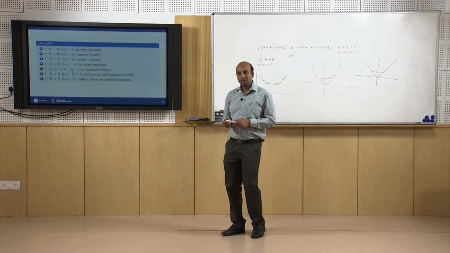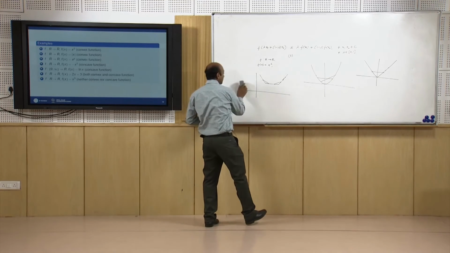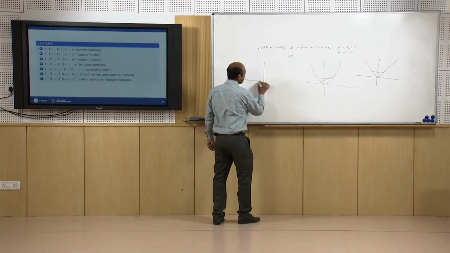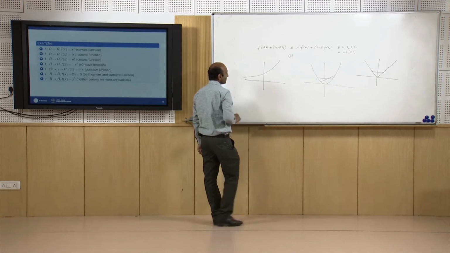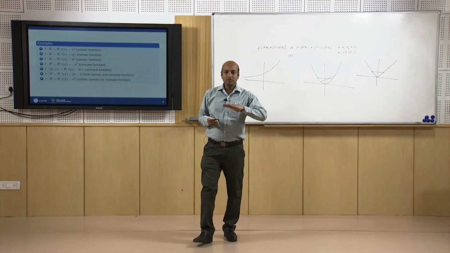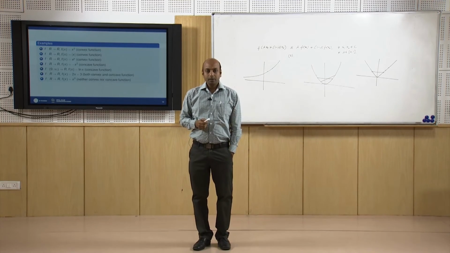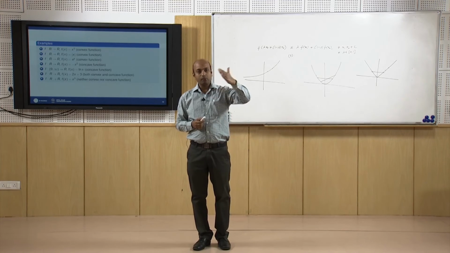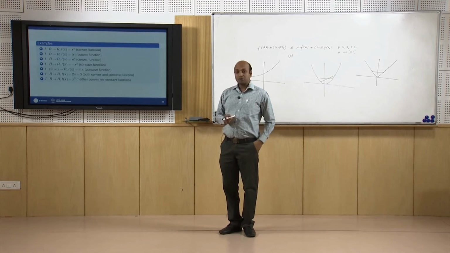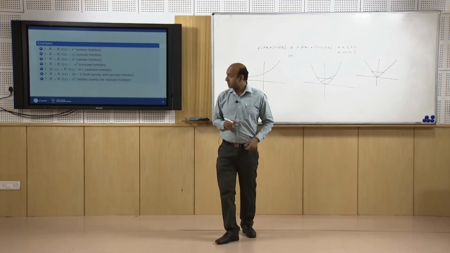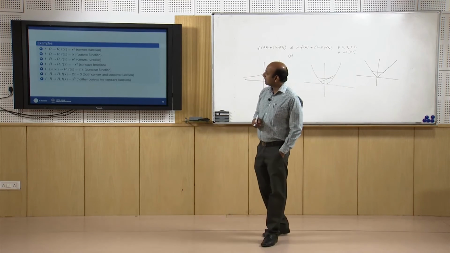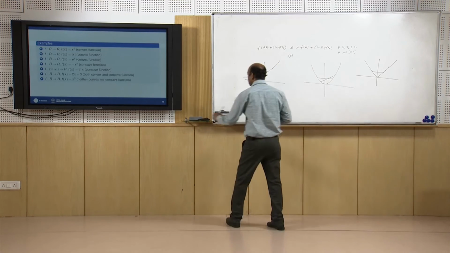E raised to power x is again a convex function, that you can easily see graphically. If you draw the graph of e raised to power x, it looks like this. When you take any 2 arbitrary points on the curve, the chord joining those 2 points always lies above the curve. In fact, a line segment joining those 2 points lies above the curve. So that means it is a convex function. Negative x square is of course a concave function because its negative, which is x square, is convex. Ln x is also a concave function.